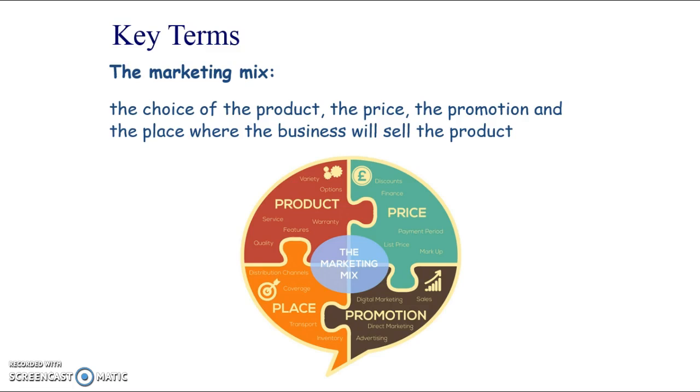Usually for small businesses, we're looking at more direct marketing techniques because they're going to be cheaper, and digital marketing, social media techniques because those are very cost effective. And the place that you're going to sell the product. So location comes into this, but also it might be other small stores or ways that you're going to get the product from you manufacturing it to your actual customer. But as I said before, we will do each one of those 4 areas in a little bit more detail